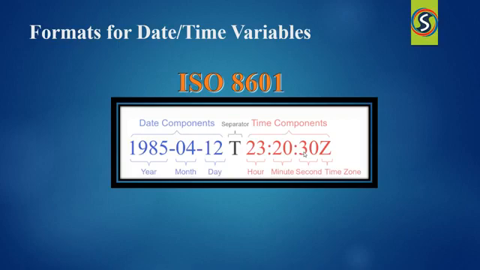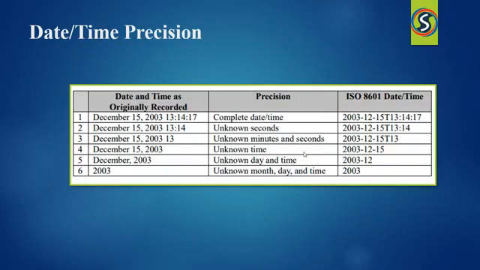When a date is stored with a time in the same variable, such as date or time, the date is written in front of the time and the time is preceded with T, using T as a separator. Implementation of this ISO 8601 standard means that your date or time variables are character or text data types, and the SDS fragment employed for date or time character variables is DTC, date time components. And let's see about date or time precision.